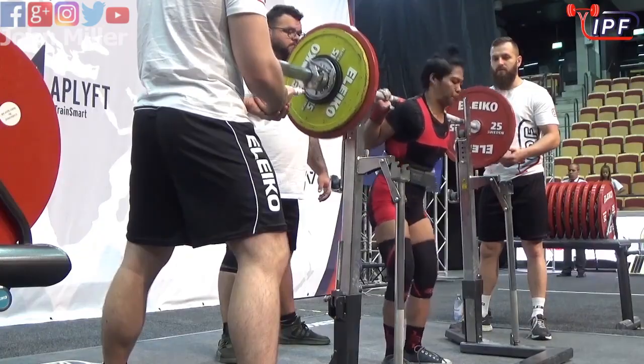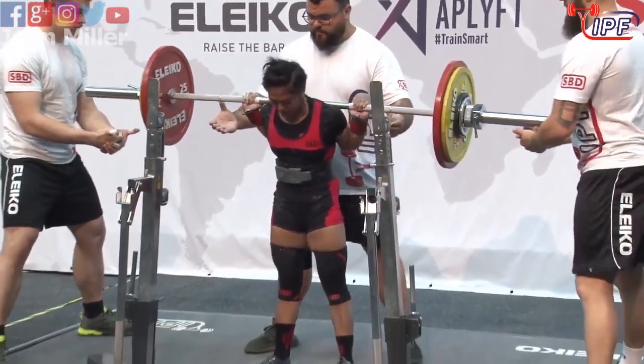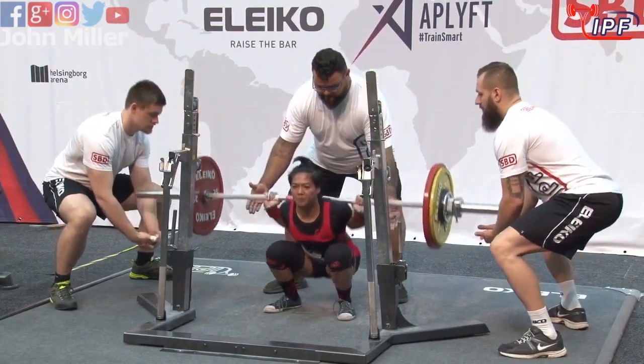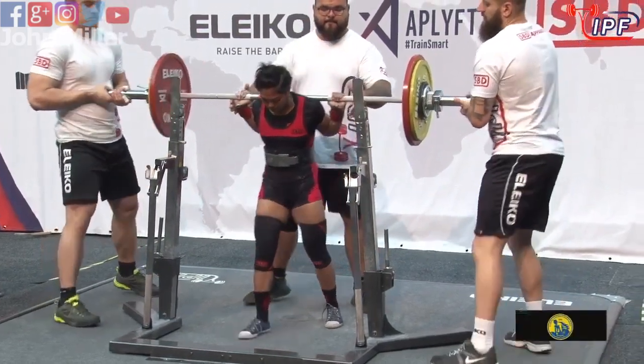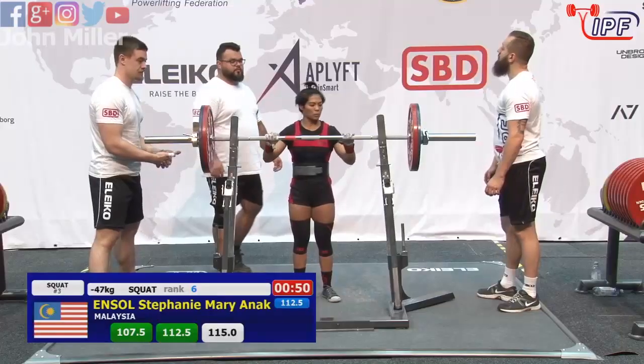Stark contrast to our previous lifter, very calm, cool, collected. Yeah, she gets depth without any problems. Whoa! But you can see the use of that stretch shortening cycle there. I mean, the power that she...